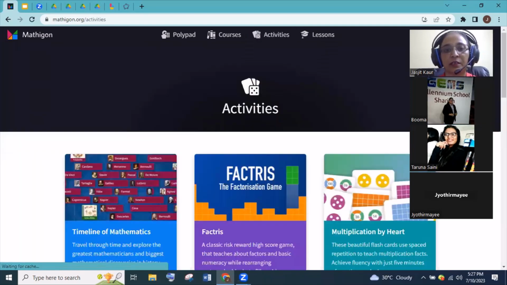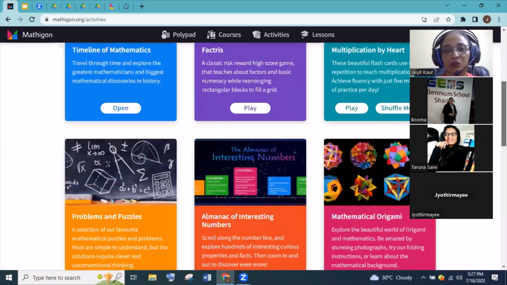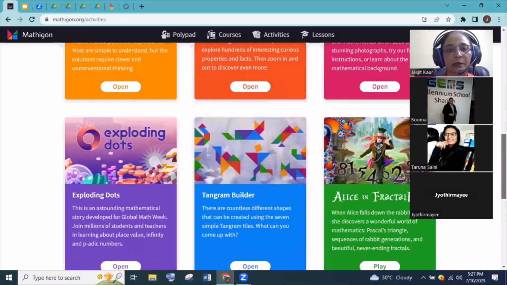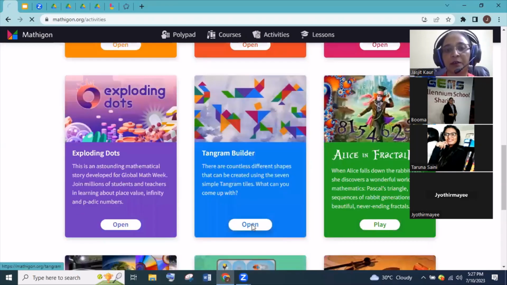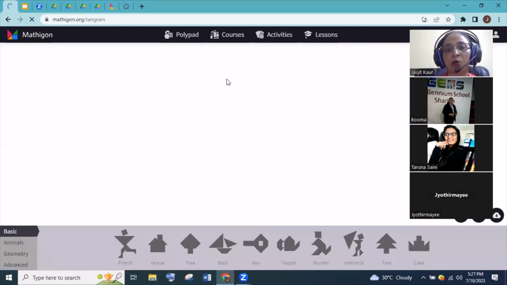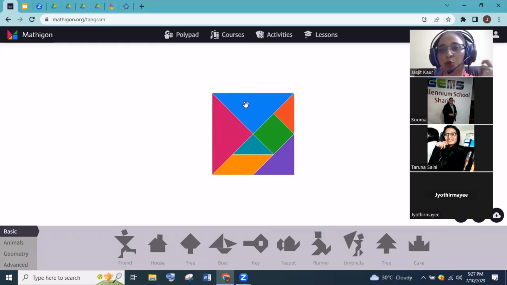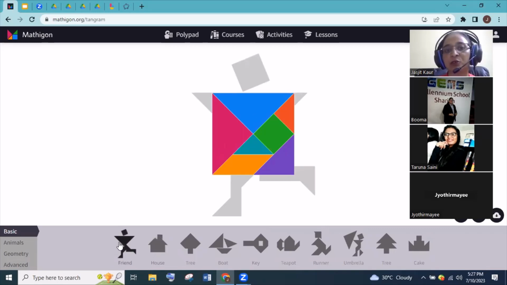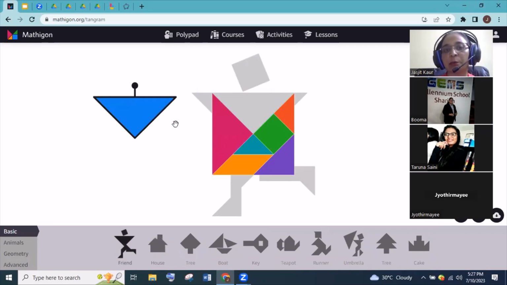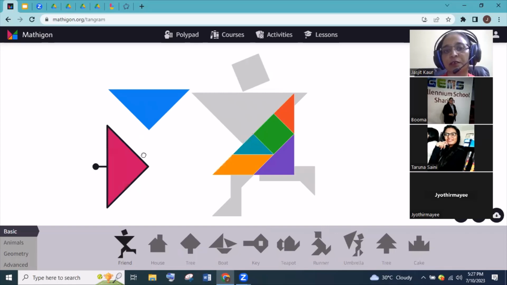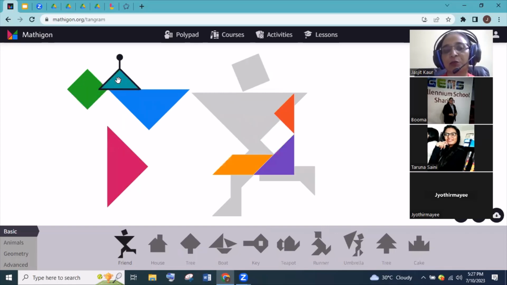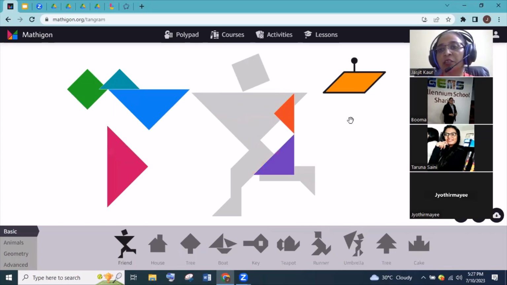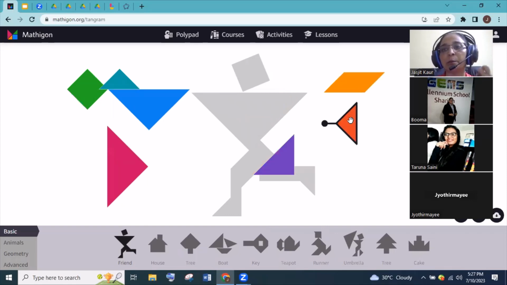Then we have other activities for the students also. Let them make the tangram builder. They have countless images. You can explore images from the net also. You can give them images from there and ask them to make the image of a friend like this from these tangrams. Let them understand the exact meaning of tangrams. How many pieces are there in one tangram?